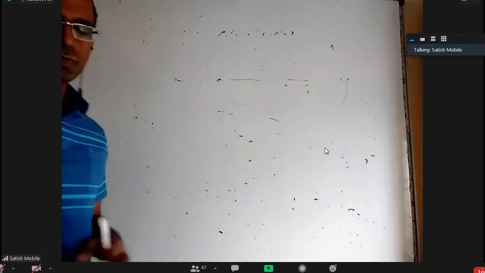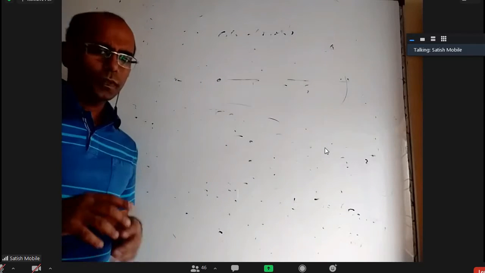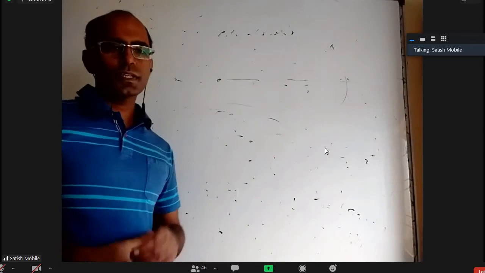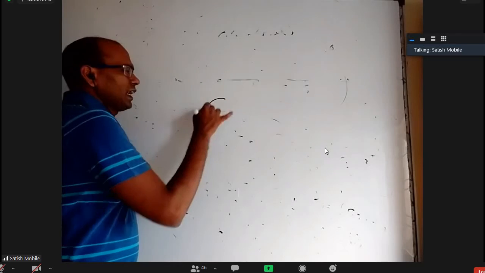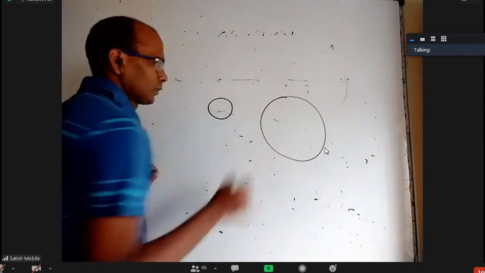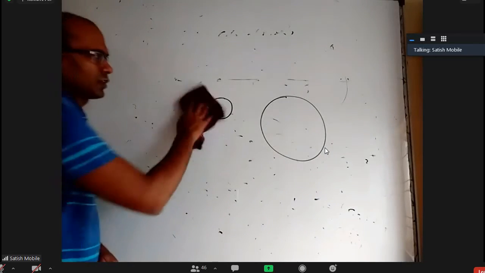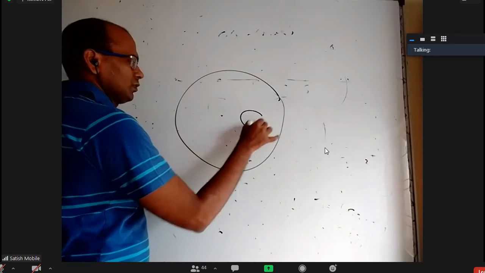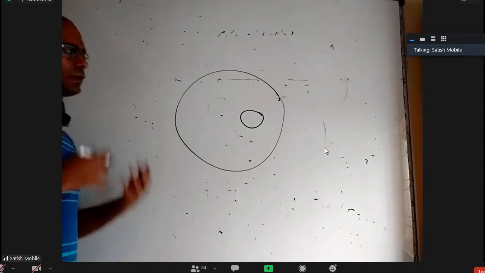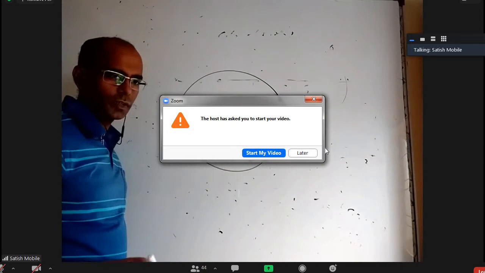Okay, so in all these 5 cases, we have seen what is the minimum value of PQ and what is the maximum value of PQ. Another thing is we already know a little bit about the ellipse. I'm telling at this stage, otherwise I would have told you in the ellipse chapter, that if I have 2 circles, one inside the other, let us say one big circle and another small circle, and they are not concentric, there will be a lot of other circles touching this one externally and this one internally.